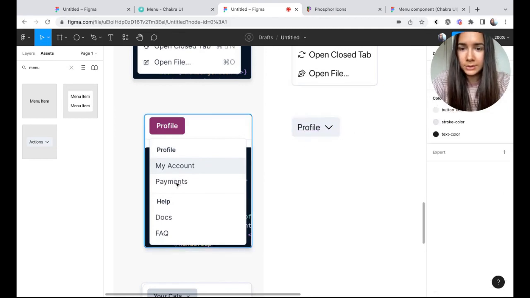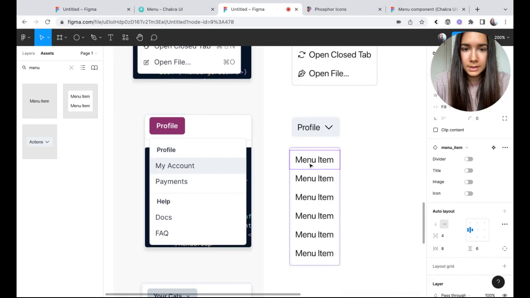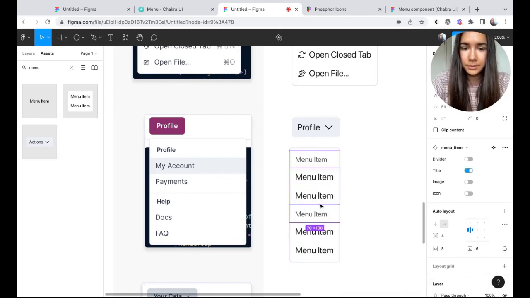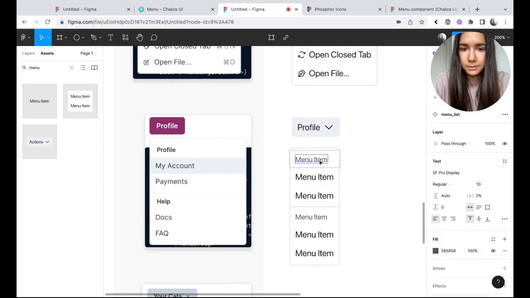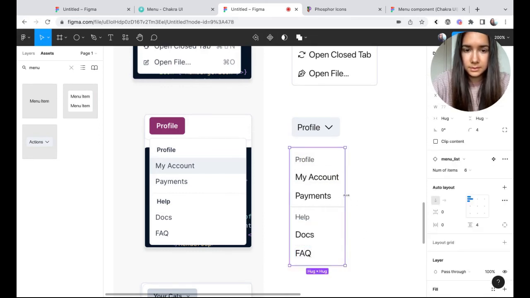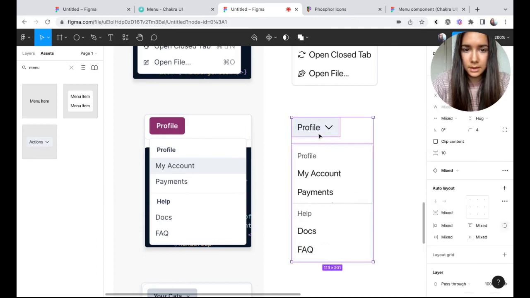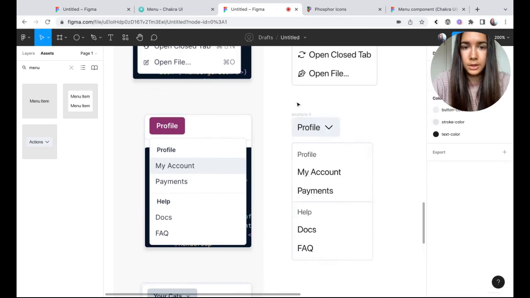And here they have 1, 2, 3, 4, 5, 6 items, and 2 of these items are titles, and we're going to have a divider above a title. Okay. That's example 4.